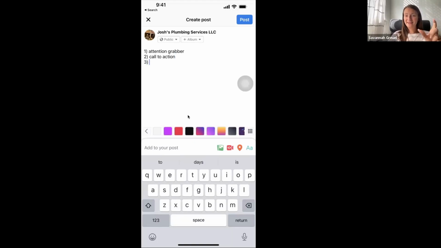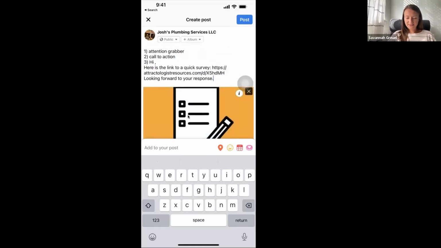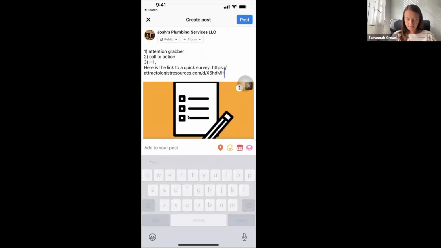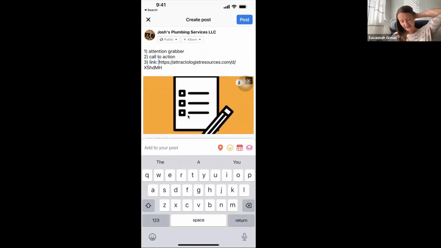And then this is where everything connects. You take the link from the survey from your app and you paste it here. I'm going to take out this pre-written messaging here. Link. So that's the link to the survey.